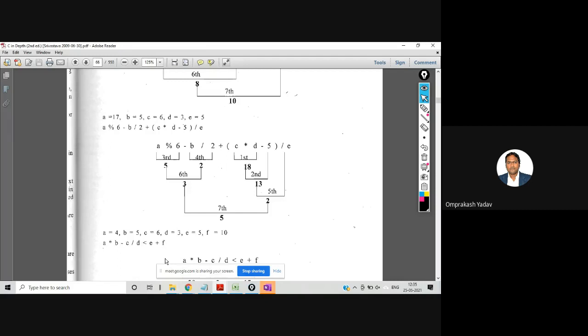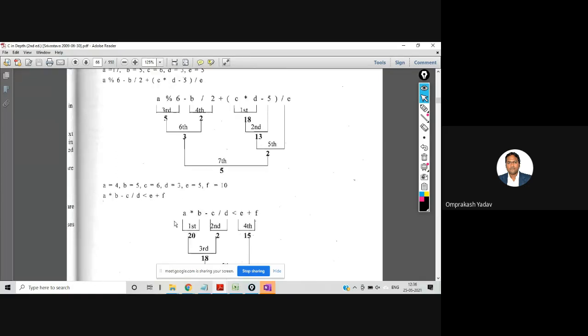So let me check who is answering first. Prajakta is giving 1, Trupti 0, Vishal 0. All are giving 0. So just check your answer again. Okay, okay. So its answer is 0. Yeah, very good, all of you. So let me quickly explain these things, if anybody is not understanding.